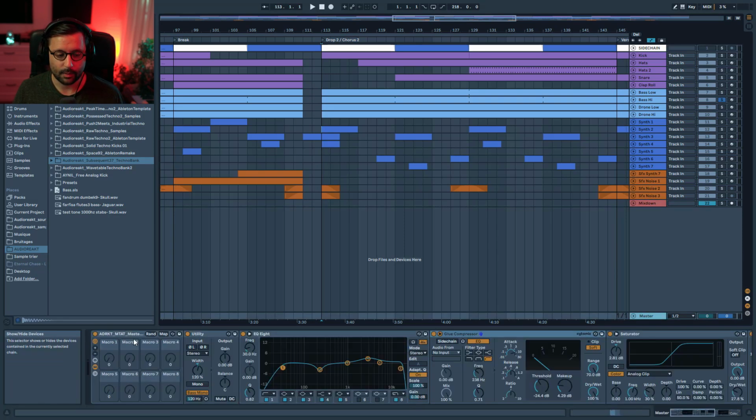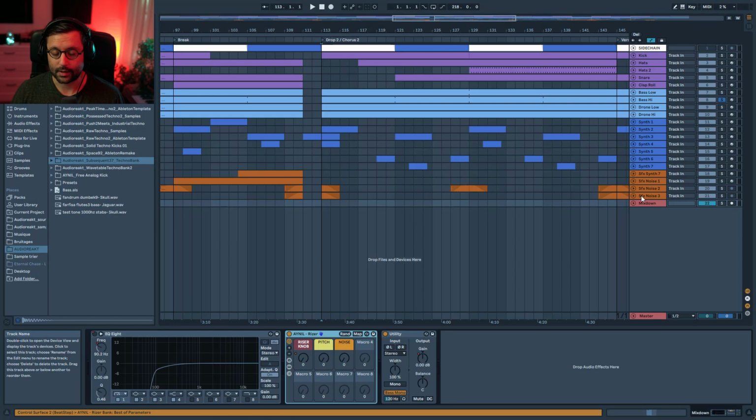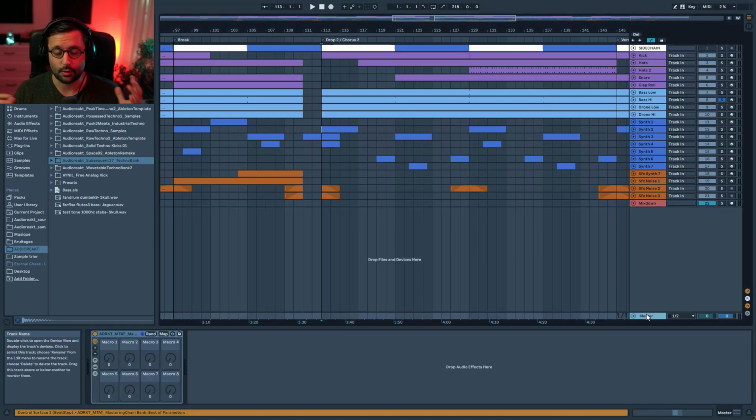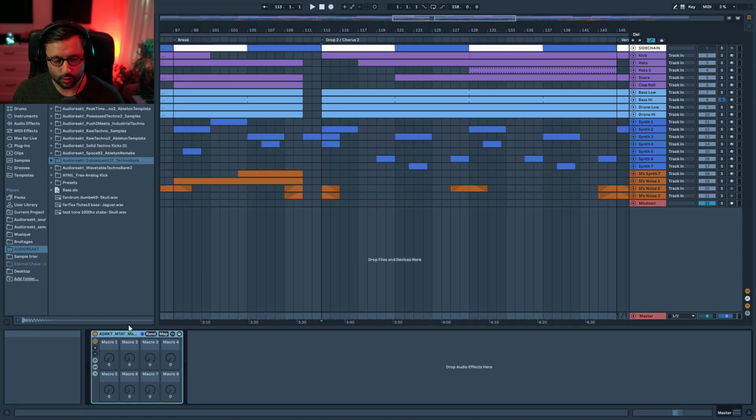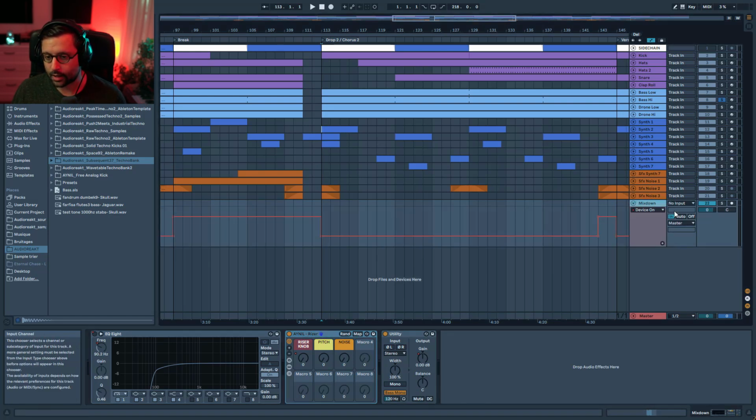But the thing is, on the master I have my mastering chain, and I don't want to mix effects that are related to SFX, to the sound design part, with effects that are related to the mastering. Plus I feel like the master should always be empty, or just have your mastering chain, but that's it. Everything which is sound design related that affects the composition of your track should be on a separate track. So what I'm doing is basically I just create a track with no input but with the monitoring in,